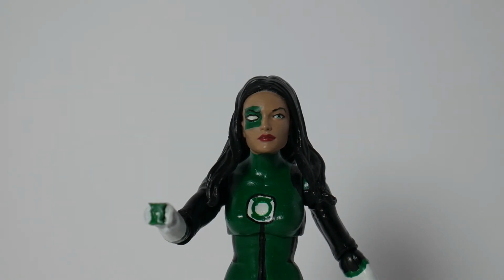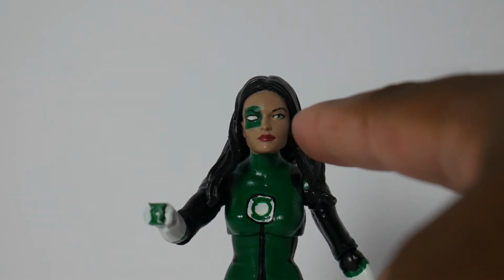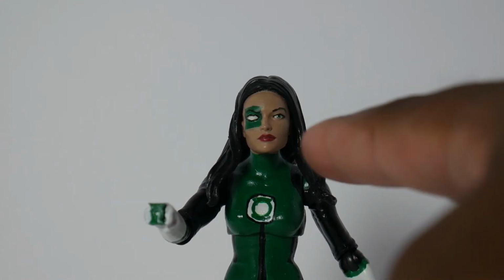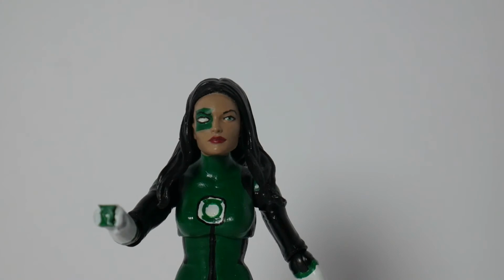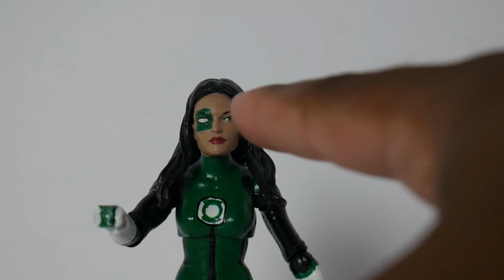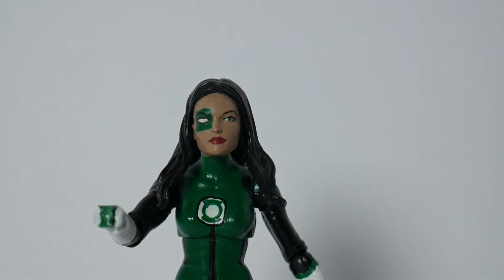Actually, two great things about using that Mary Jane head is that the eyes on Mary Jane were already green, so I didn't have to paint that whatsoever. That's just a bonus, to have the factory eye color there, so I don't have to make it look all janky and make mistakes with painting eyes. As well as the lip color. This is the factory lip color on that Mary Jane, and it works perfectly for Sarah's lip color in her